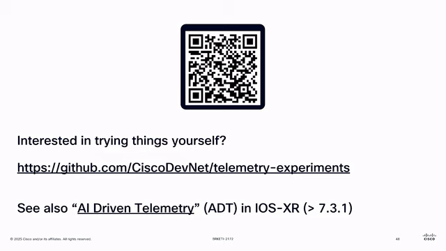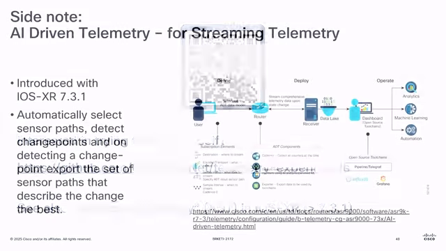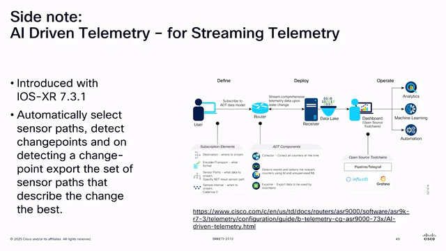If you're interested in playing with this yourself, there is a feature that I built a couple of years ago in IOS XR. It's shipping since 7.3.1. It's called AI-driven telemetry. On a Cisco router, you can obviously export all the sensor paths and all that information. Maybe you don't want to export everything, but you want the router to pre-filter and understand only if there is a change, and then export the most relevant information about that change. So exactly the journey that I took you through, up to the point where we put the thing into a large language model. That's what you can do around a router.